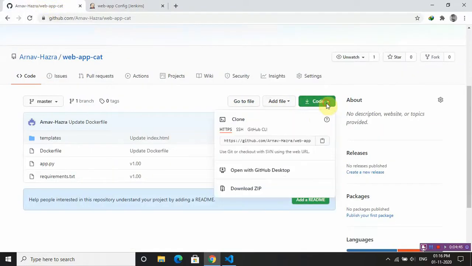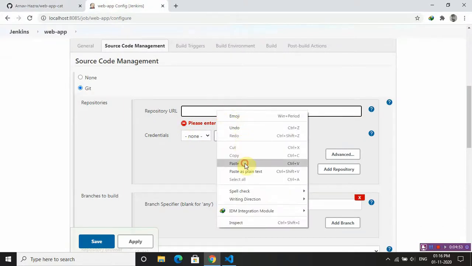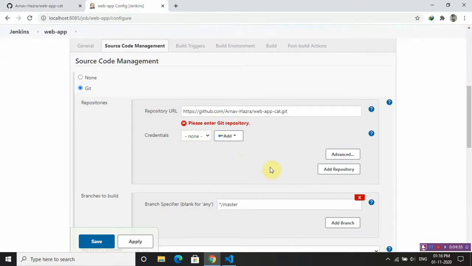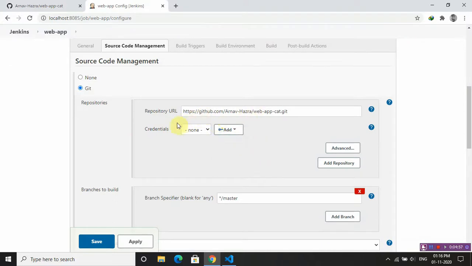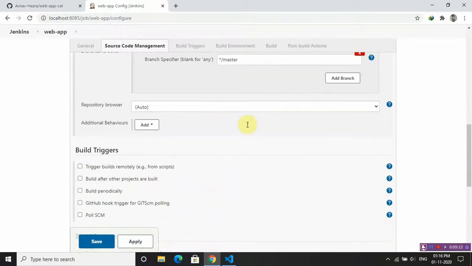We copy our repository URL from here and paste it here. If this error does not go, which was here before, that means Git is not installed on your system, or the path is not set properly. Mine is set properly and the error has gone.